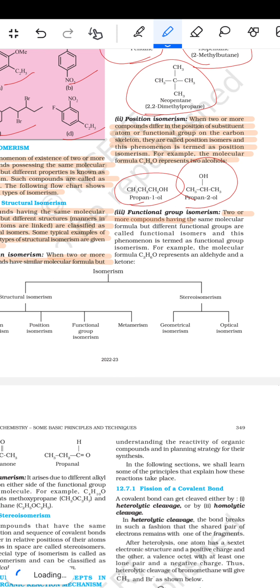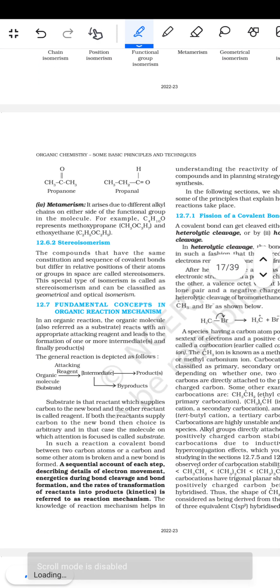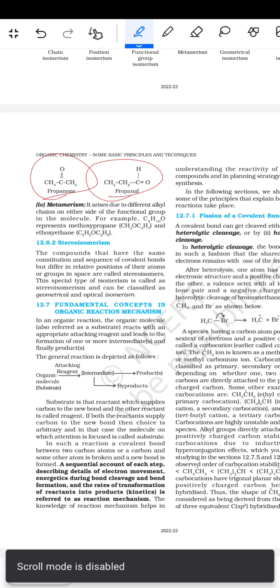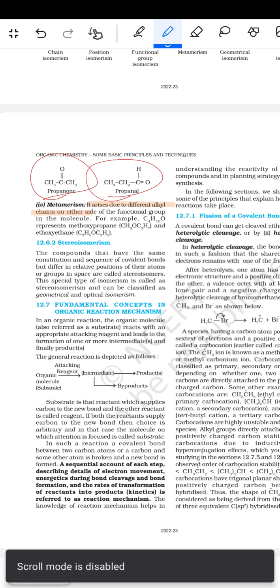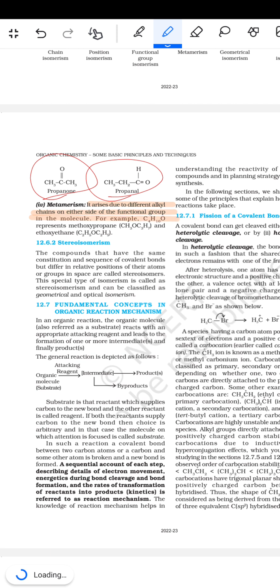Two or more compounds having the same molecular formula but different functional groups are called functional isomers, and this phenomenon is termed functional group isomerism. For example, the molecular formula C3H6O represents an aldehyde and a ketone. तो प्रोपेनॉन और प्रोपेनॉल ये दोनों फंक्शनल आइसोमेरिज्म है. Now the metamerism. It arises due to the different alkyl chains on either side of the functional group in the molecule. For example, C4H10O represents methoxypropane, C3H7OCH3, and ethoxyethane, C2H5OC2H5. ये दोनों